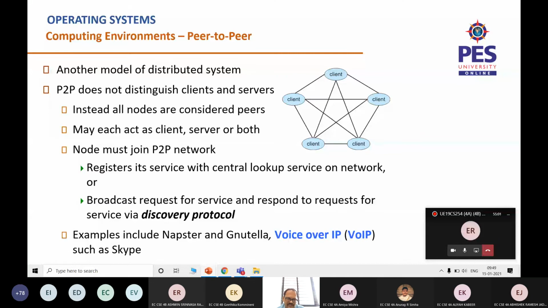In some cases there is a centrally managed table which says which computer is doing what job. Let us say there are 5 specific tasks that need to be done. Client 1 might be doing job 1, client 2 is expert in doing job 2, client 3 is doing job 3, client 4 is doing job 4, and client 5 is expert in doing job 5.